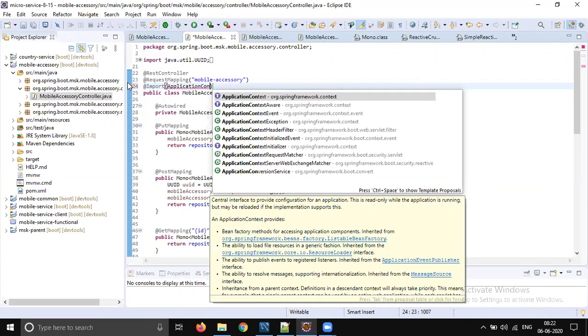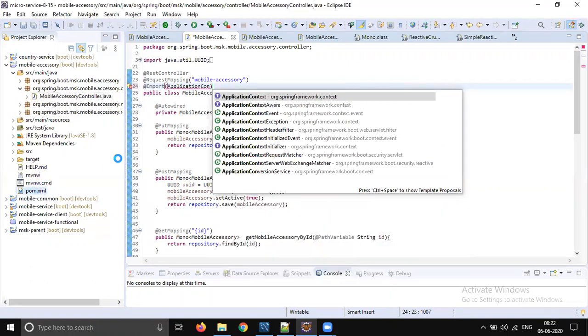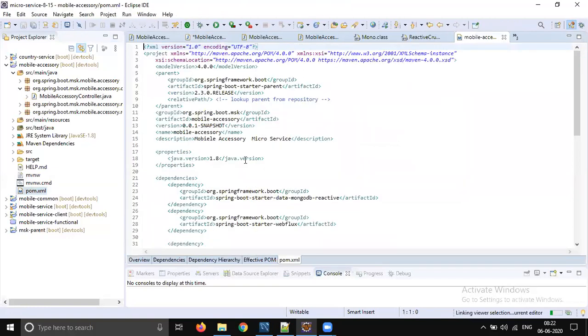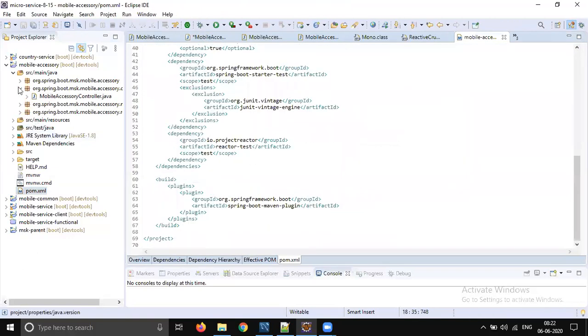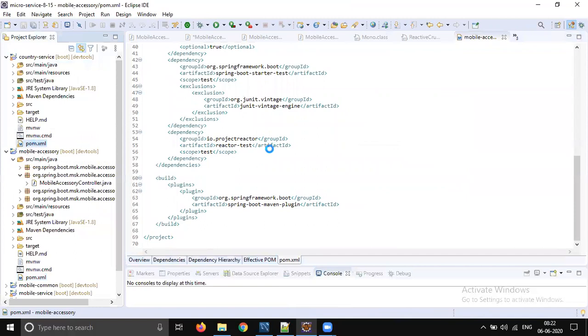configuration. Okay, I think we have not added. No, no, we didn't add the dependency. So let's add the dependency.